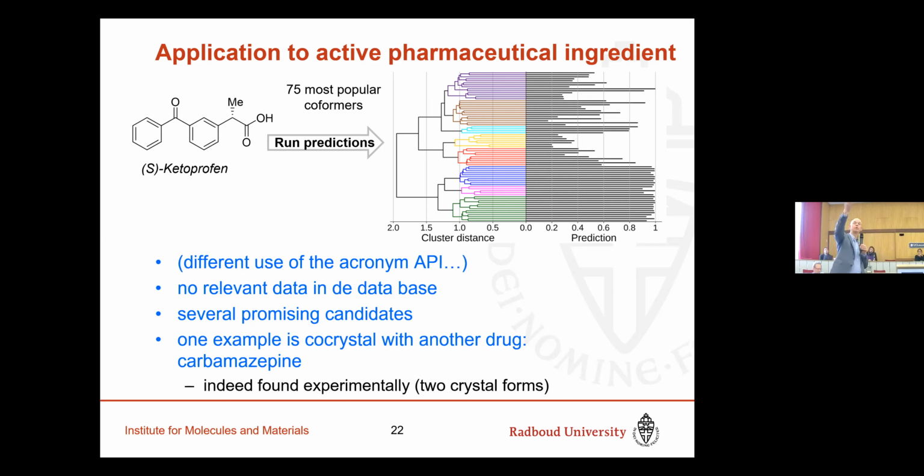And so here you see the prediction, 75 co-formers. They're grouped again here, and you see on the right-hand side the prediction. There is a certain class, I won't go into the details here, the green ones and the pink and blue ones, that say this kind of co-former is likely. Now, we did not go to the extent of doing all of them, but there was one example which was particularly interesting, carbamazepine, which is a drug already mentioned earlier. It turns out that this predicts that you can have a dual drug.